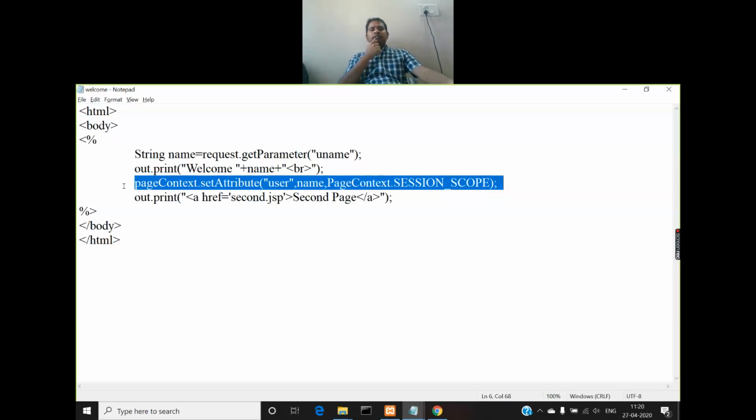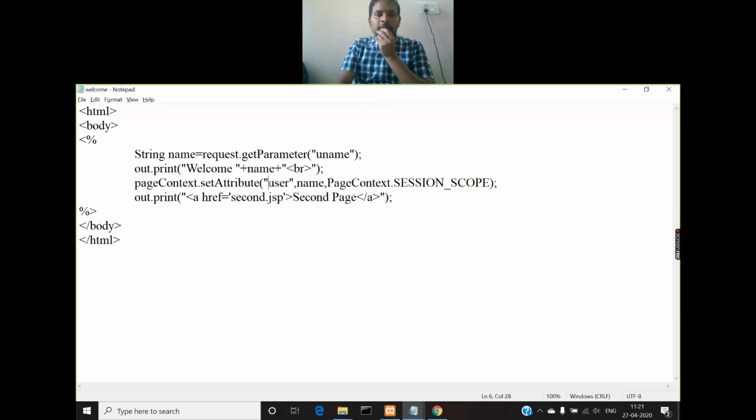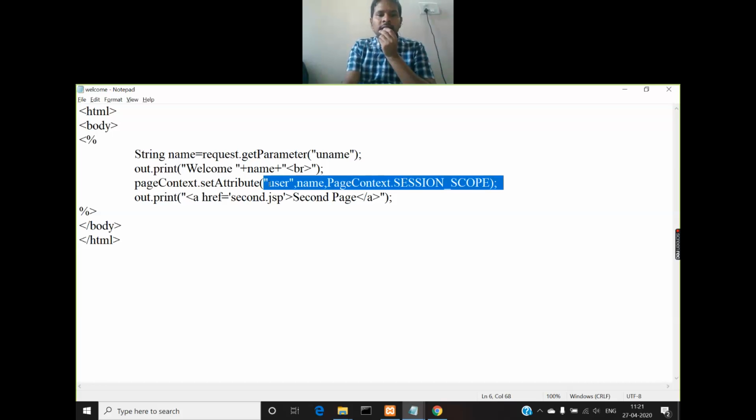Okay, so pageContext.setAttribute, you know this method has different versions. This is an overloaded method, right? If you look at the three parameters inside this method, the first is the name of the attribute that you want to create. I'm giving it as user in the form of a string, so I'm enclosing it in double quotes.